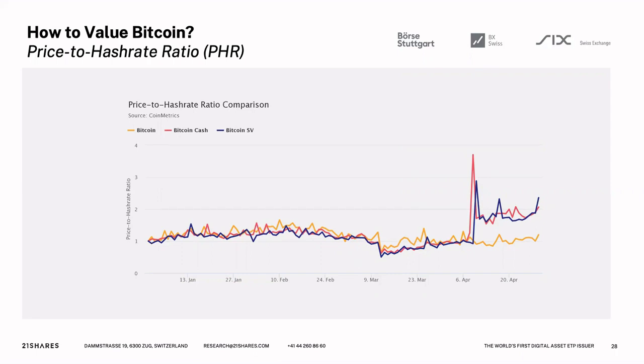And as we can see, relative to Bitcoin, both Bitcoin Cash and Bitcoin SV became relatively overpriced as a function of their hash rate immediately following Bitcoin Cash's halving. And Bitcoin has remained relatively stable when priced according to the price-to-hashrate ratio, which means that even though Bitcoin has seen an increase in price in the last few days, this has been met by an equal increase in the hash rate variable for Bitcoin, signaling that Bitcoin's fundamentals haven't at any point massively become out of tune with its market price, which is a positive signal for Bitcoin, especially in the run up to the halving.